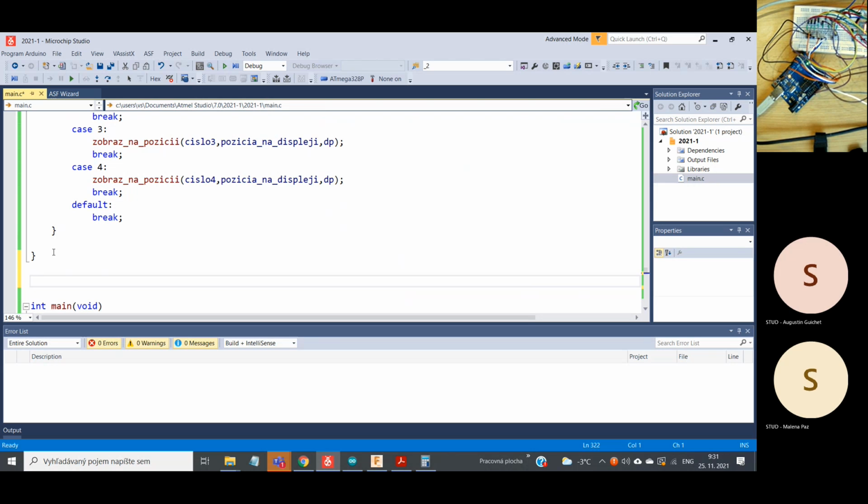So the magic word, interrupt subroutine, and ADC